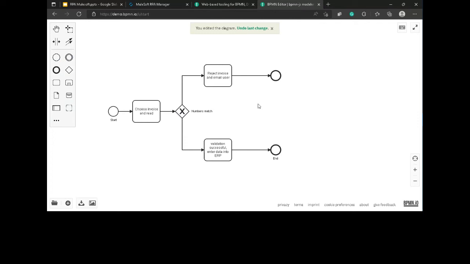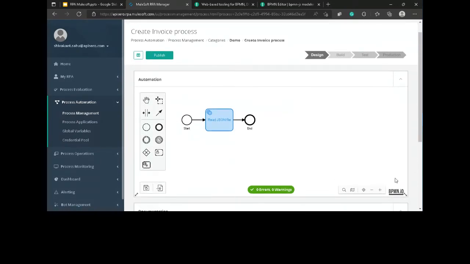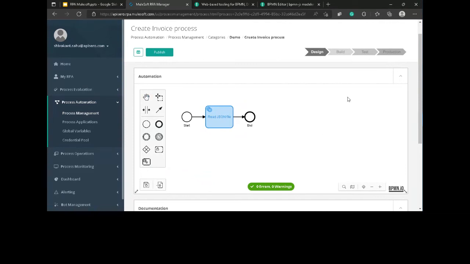You will have a graphical representation of the whole workflow, how things work, where it is getting failed, where the user manual intervention is, how long it will wait. Everything is there. These processes can be created here, and these files can be downloaded and imported here directly, or you can create them here also. bpmn.io is embedded here. You just drag and drop. That's all. This is a simple process, the complete design.